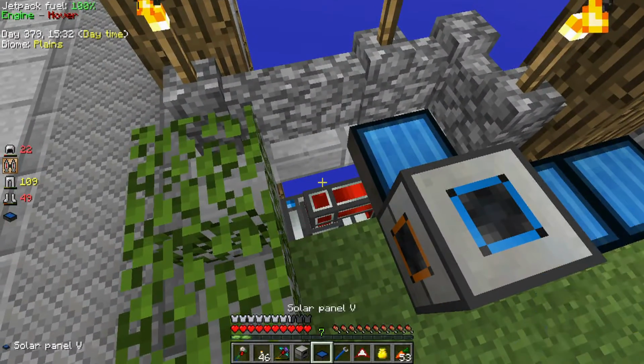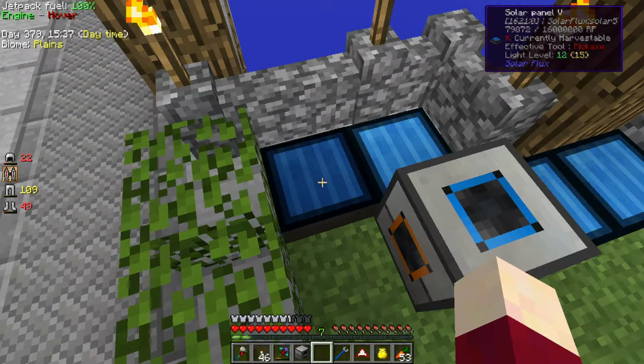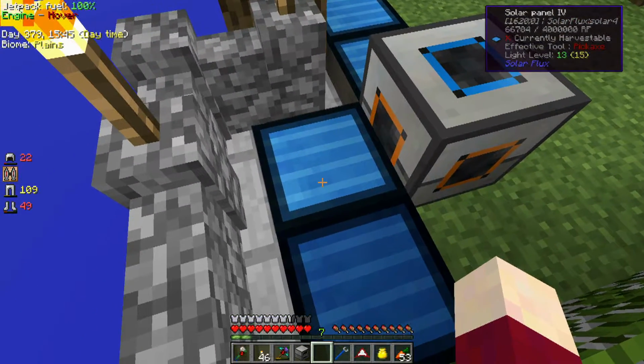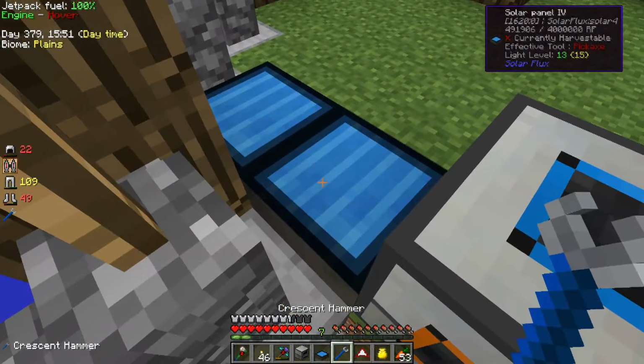So this one's empty. We're going to pick it up. We're going to place this one in its place. And this also has an internal storage of 16 million RF. So that's pretty nice, whereas these guys only have a 4 million RF buffer. So I'm going to pick these other